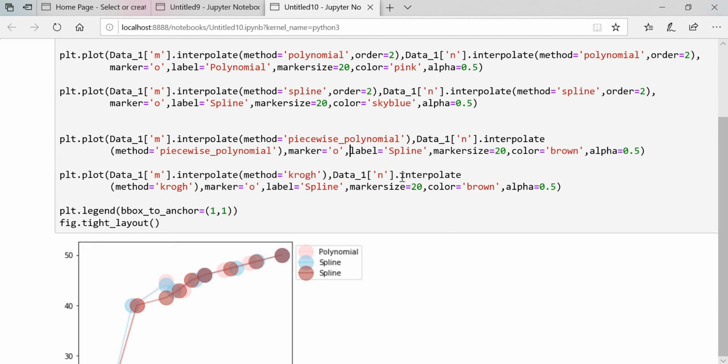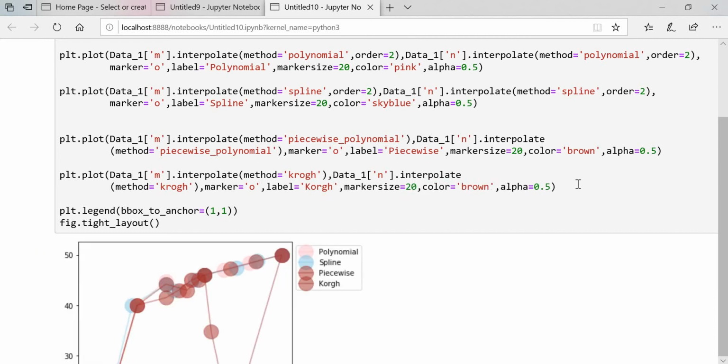Here guys I need to change this spline to, let's say, piecewise, and here I will change the name, that is Krogh. Sorry, this should be changed. Okay, this should be changed.